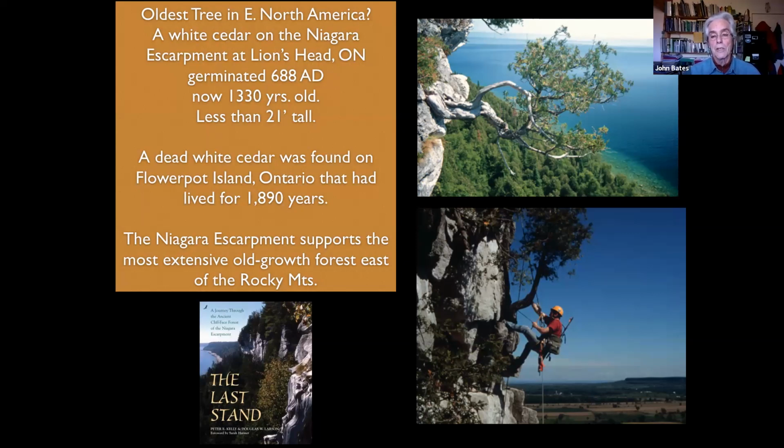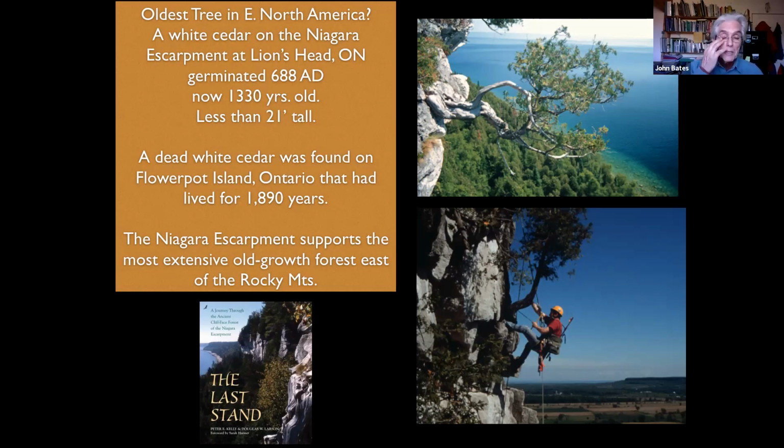These trees grow at an infinitely slow rate because gravity's going to take them down. So the last thing you want to do is grow. You're going to grow very slow. And they're just these wonderfully gnarly, twisted and contorted trees coming out of these cliff faces. My wife and I and daughter visited the Bruce Peninsula two falls ago and just had a wonderful time walking along trails above these cliffs and looking down on a lot of these cedars.